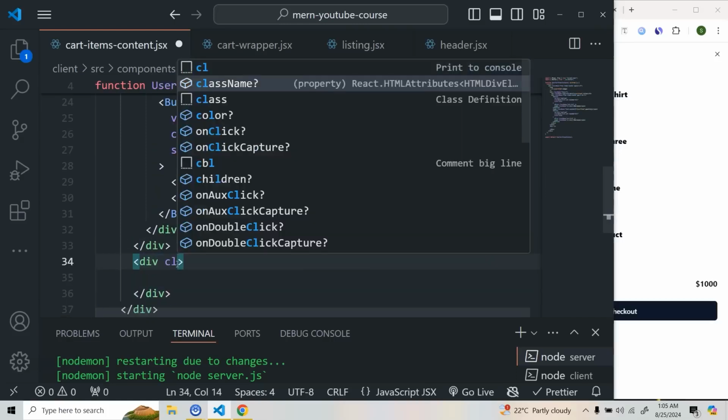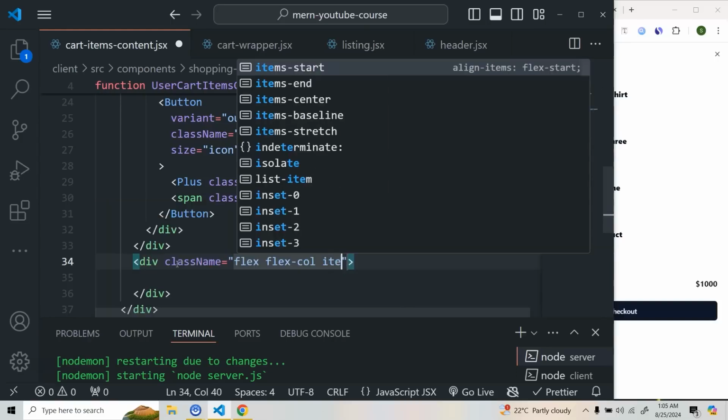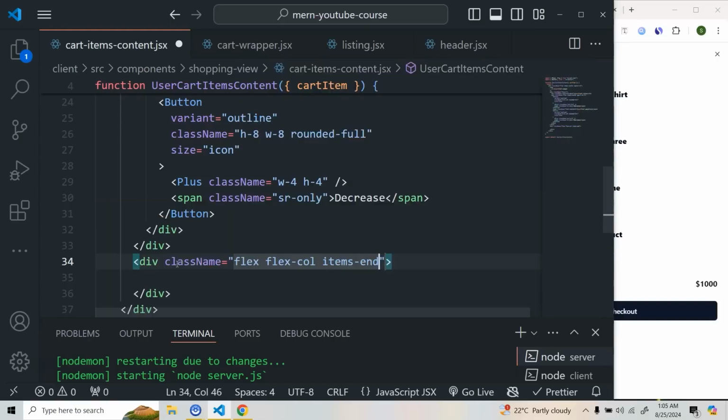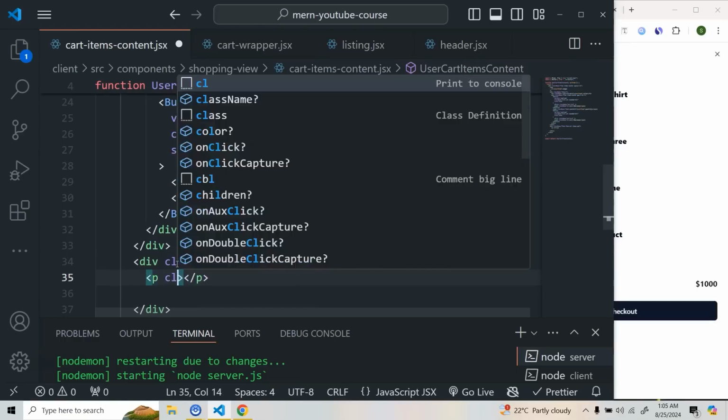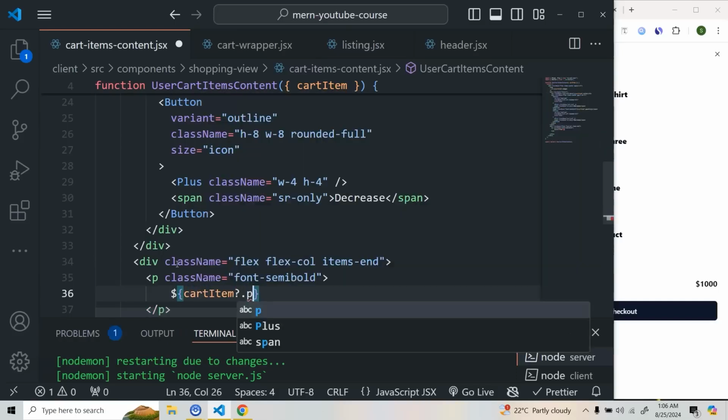We'll take a class name, we'll do flex column and items end, and after this we'll take a paragraph, and here we'll take a class name, we'll do font semi bold, and here we are going to do this cart item dot price